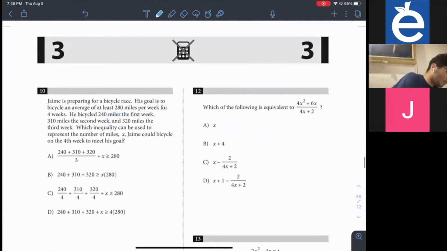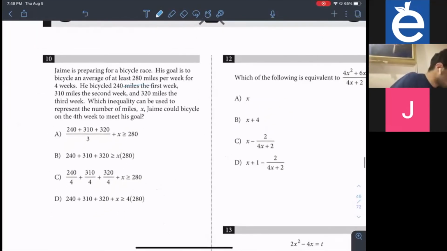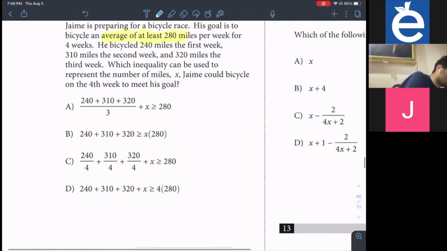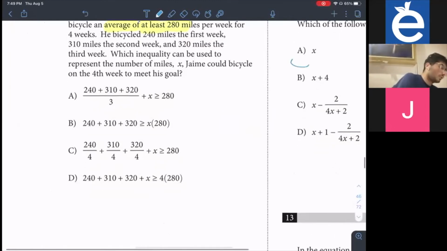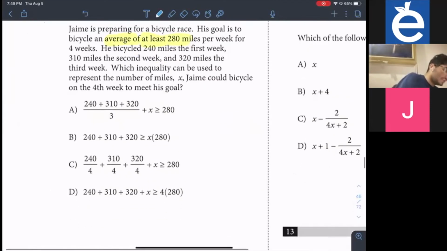Next question. Question 10. Jamie is preparing for a bicycle race. His goal is to bicycle an average, keyword average, of at least 280 miles per week for 4 weeks. He bicycled 240 miles for the first week, 310 miles the second week, 320 miles the third week. Which inequality can be used to represent the number of miles x Jamie could bicycle on the 4th week to meet his goal? So to solve this problem, we have to first identify or know the average formula, which is